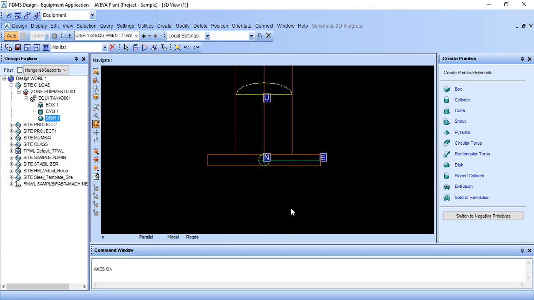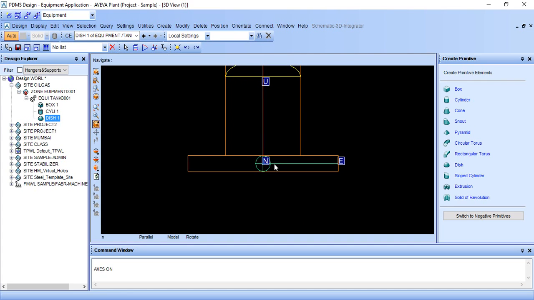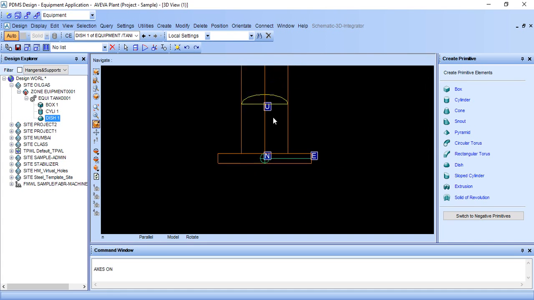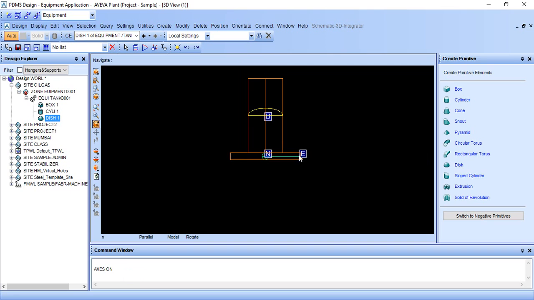Here is the axis showing, this is north, east, up. So we want up, and we know that 2000 is the height of the cylinder, so it is exactly the middle of it. So we want up by 1000. So type by space u and 1000. So it comes like this.